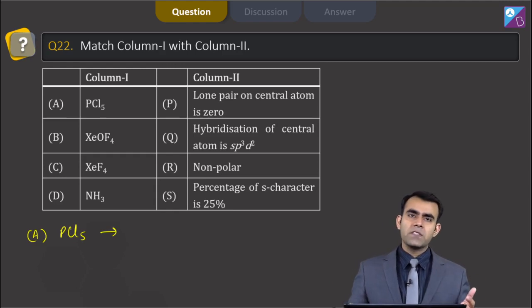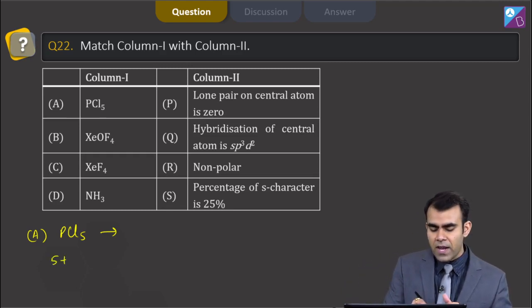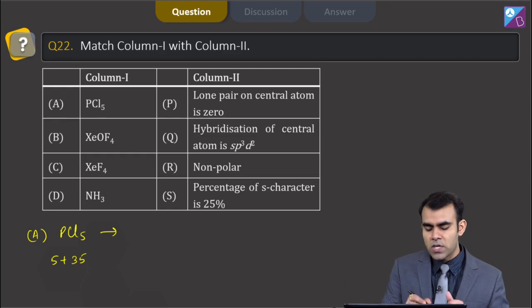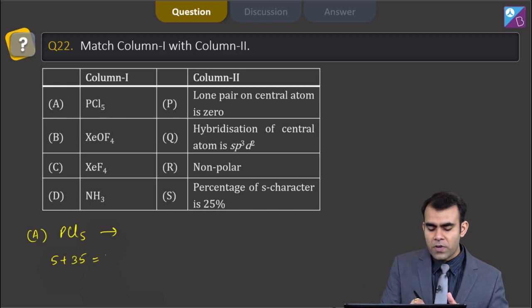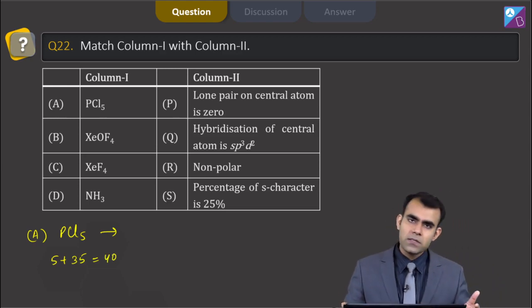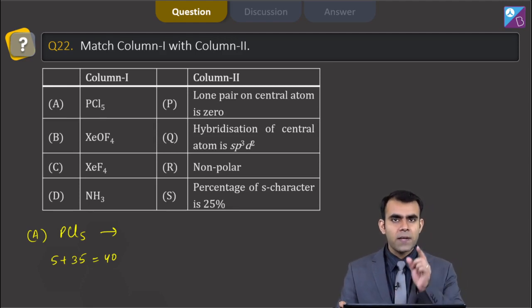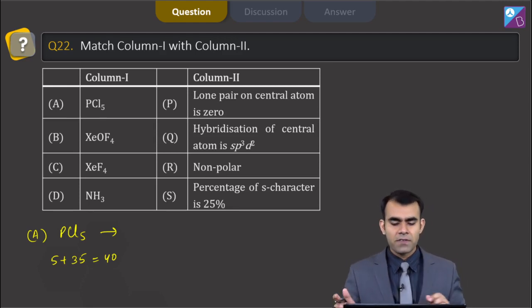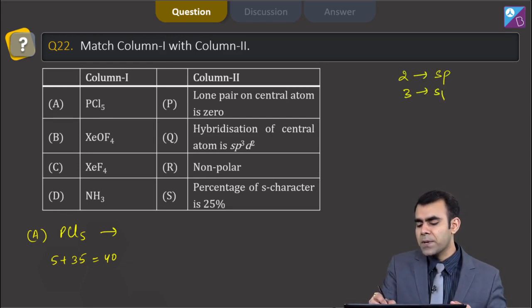Now there are various ways to calculate the hybridization. We can count the total number of valence electrons. In PCl5, phosphorus has 5 and chlorine has 7, so 7 into 5 is 35, giving a total of 40. You can divide it by 8, and 8 into 5 is 40, so the quotient here is 5. If the quotient is 2, it represents sp, 3 represents sp2, 4 represents sp3, 5 represents sp3d,